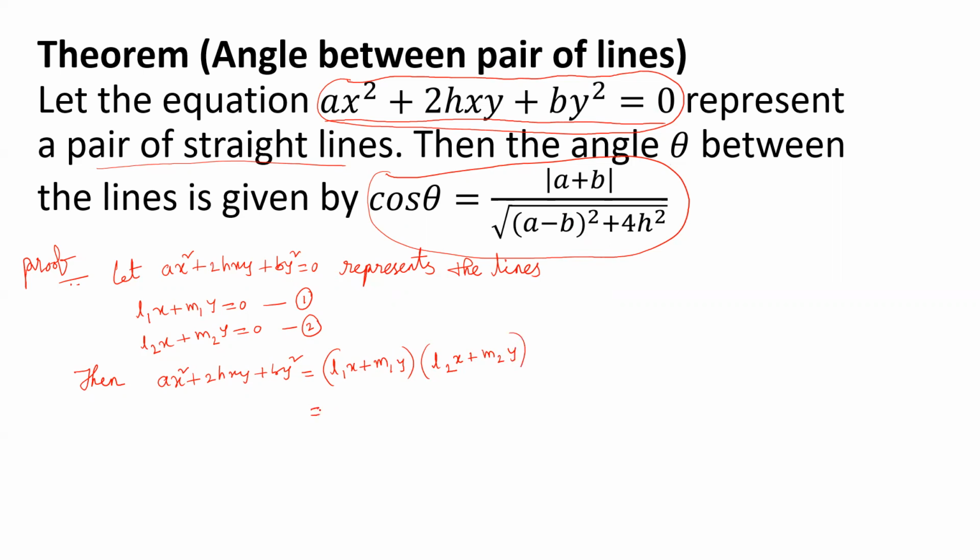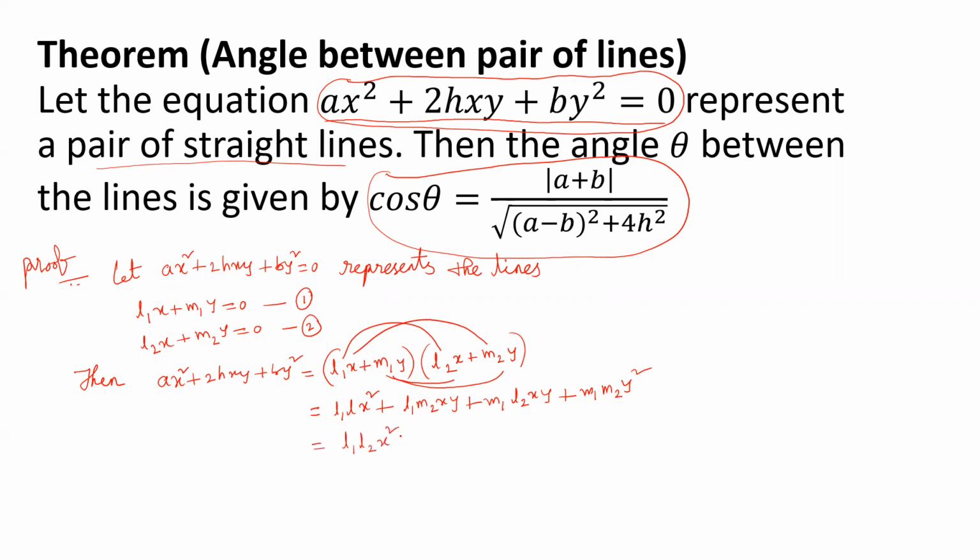So simplify RHS, multiply L1x into L2x, L1 L2x square plus L1x into M2y, L1 M2xy plus M1y into L2x, M1 L2xy plus M1y into M2y, M1 M2y square is equal to